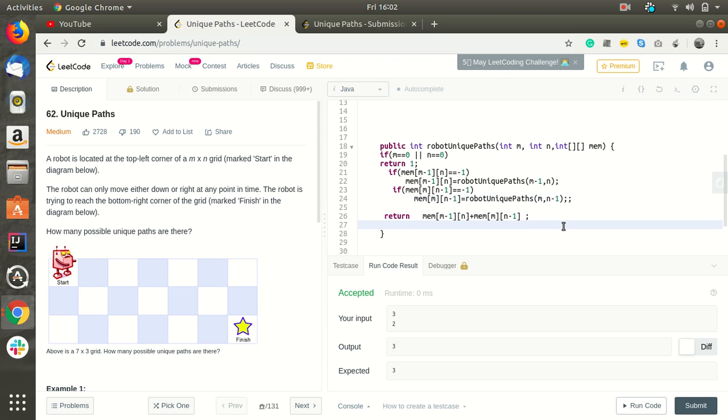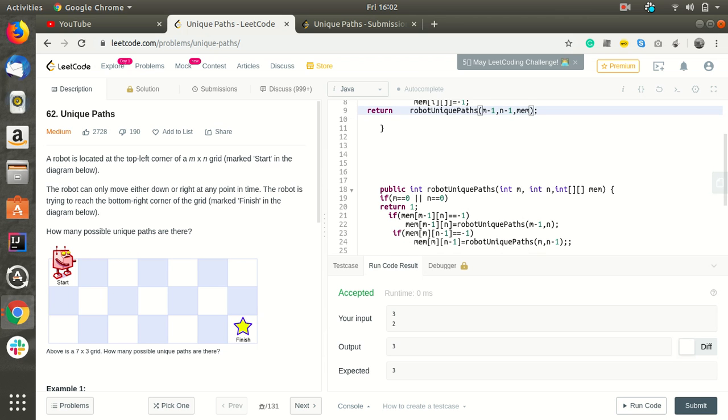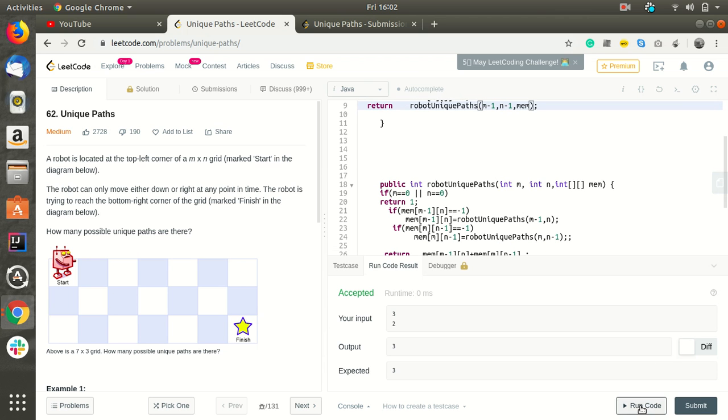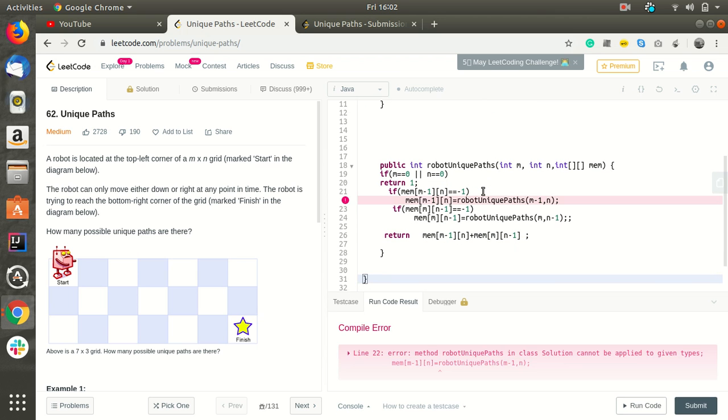Okay, let's see. I'll call this as memory. Let's see whether it is getting executed or not. Memory mem, m minus 1, n.